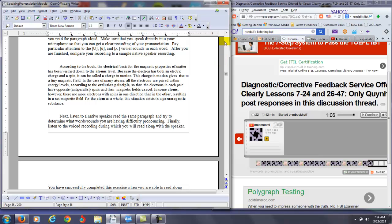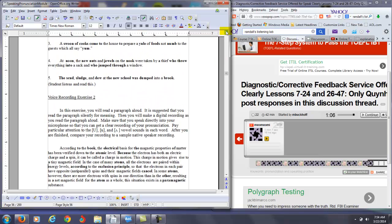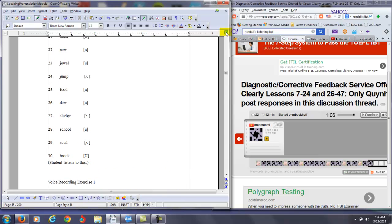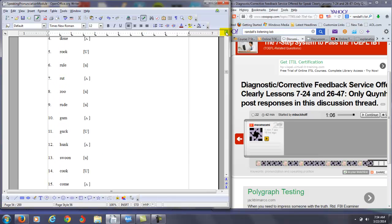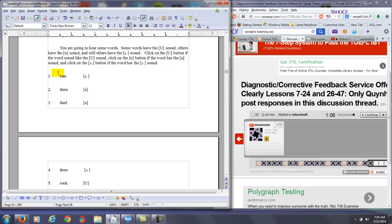So maybe one more thing before we finish here, just a little bit more practice. Let's go up to a few more words here. Let's practice these 30 right now for just a minute. I think you're doing a pretty good job on these. I don't see any major problems here, but let's just do a little bit more practice. You ready? Number 1, rum,